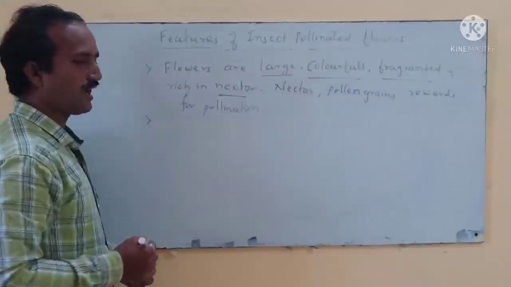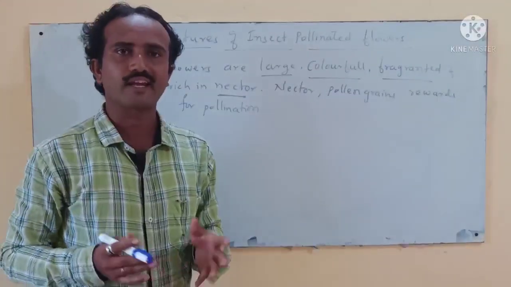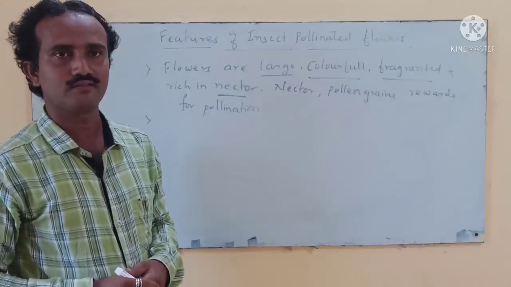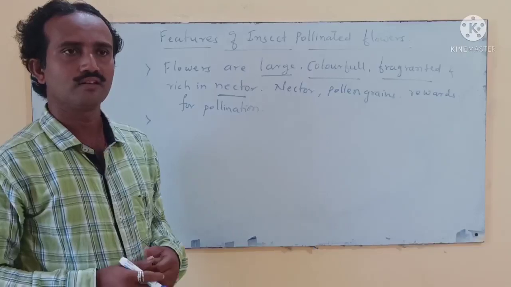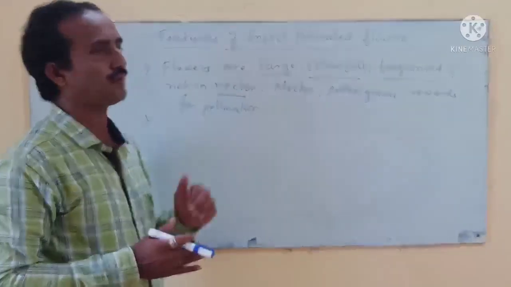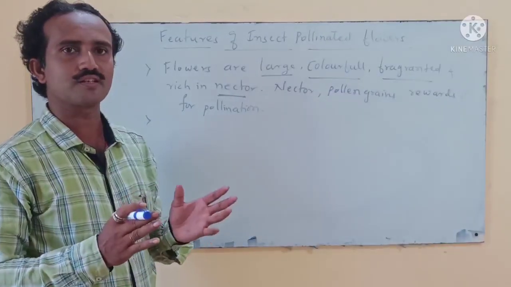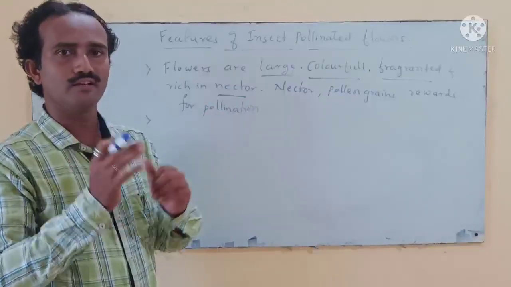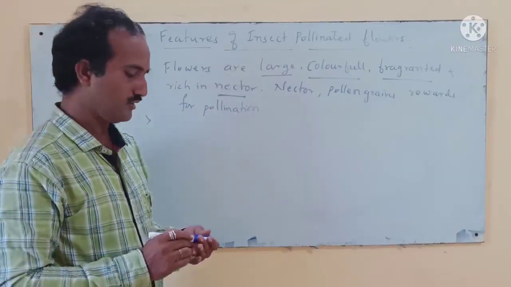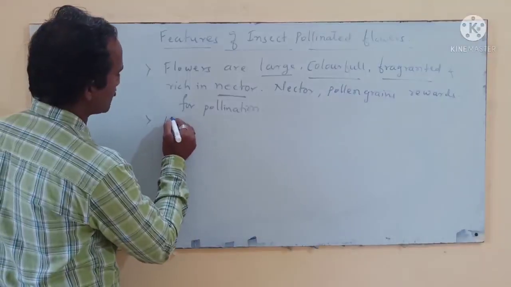When the flowers are small, they are not visible to the insects. At that time, the plants produce the flowers in a bunch, that is, they produce the inflorescence. So when the flowers are small,